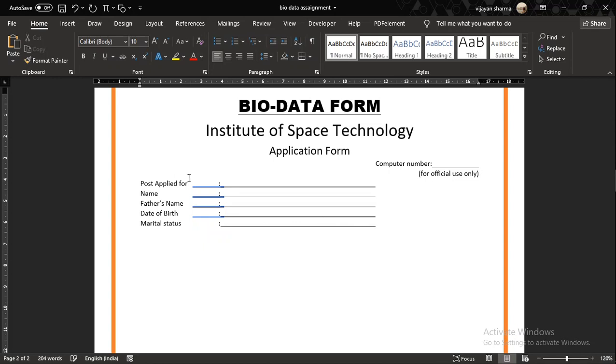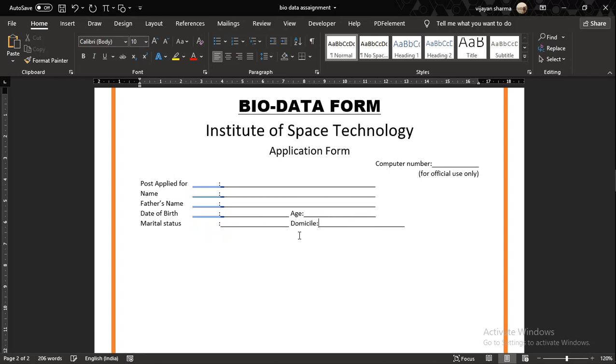Like this I made it. After that, in the date of birth column there was one more given as age. I forgot that, so I will press some line over here and give one space and write age, and this I will make complete. Then just below that it is written domicile.